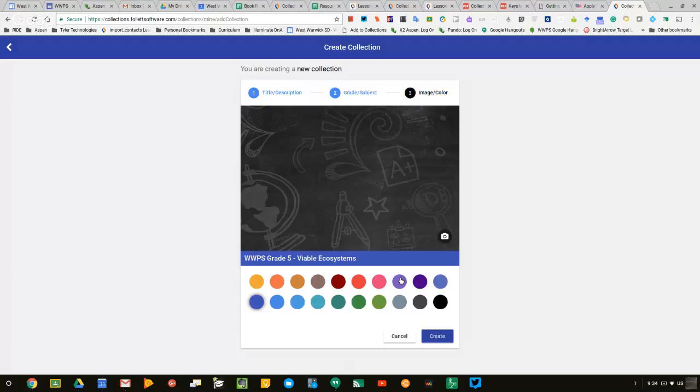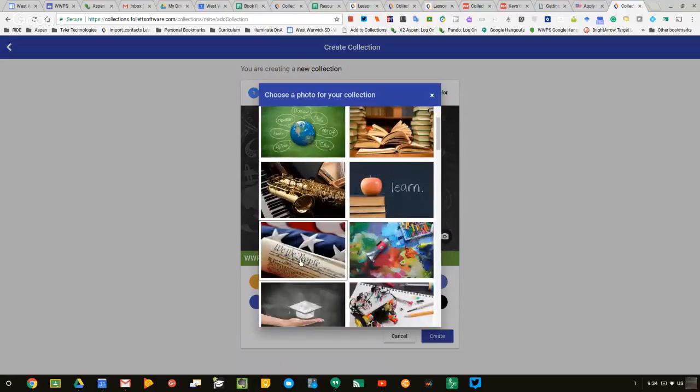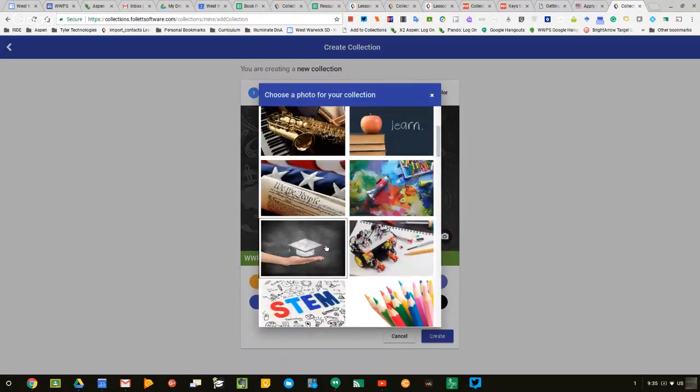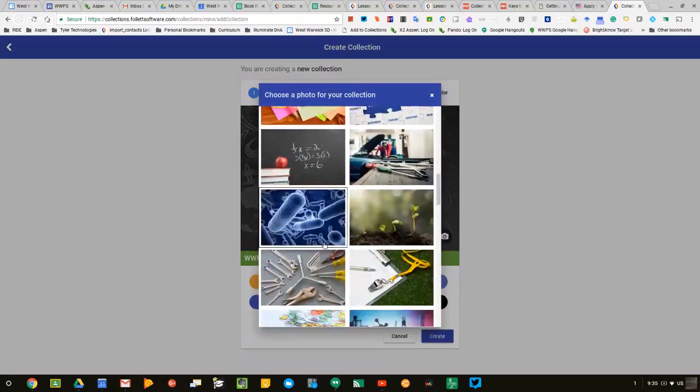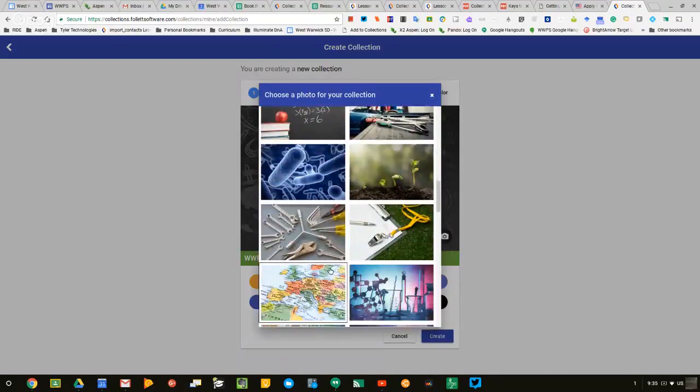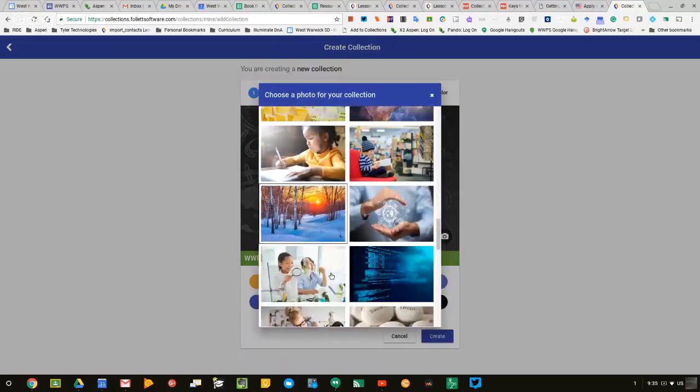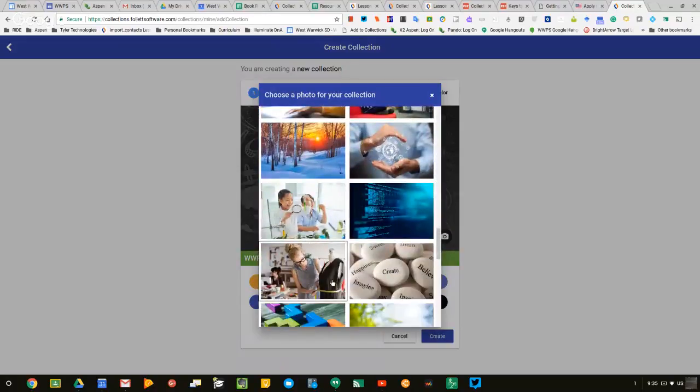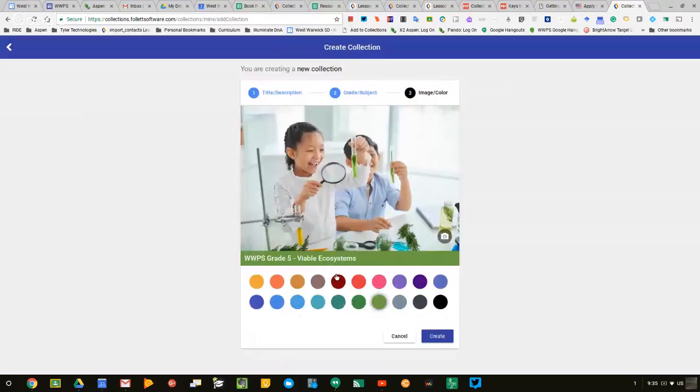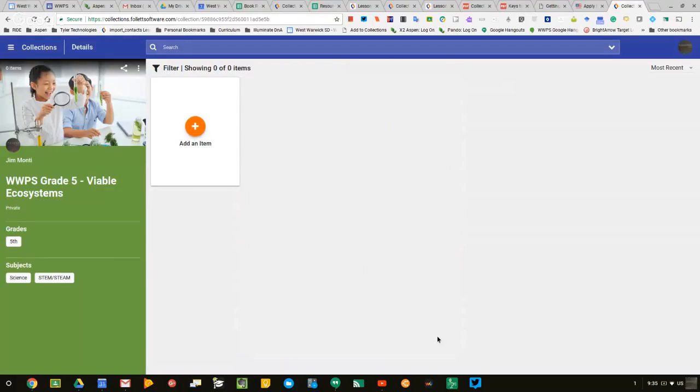I can click continue again, and I can choose a color palette for that, choose the light green, and then I can choose a photo from stock photos that Follett has included in here. Eventually, you'll be able to add your own pictures, but right now they're just stock pictures, and so I can go through and decide which one of these I want to use, and I think I'll use this one here. And click create,